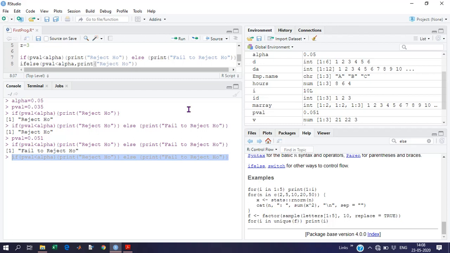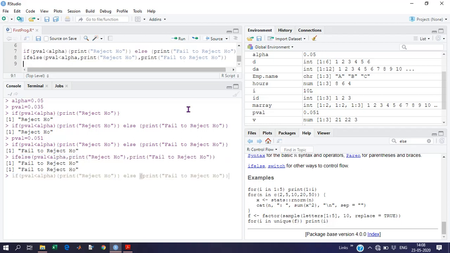Else, fail to reject h naught. Control enter. Fail to reject h naught. So that is the simple case.